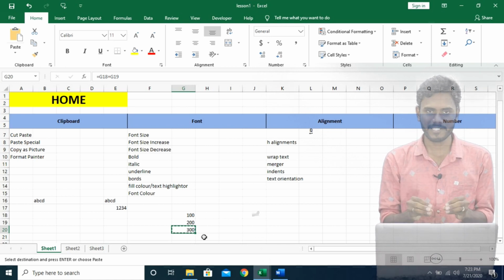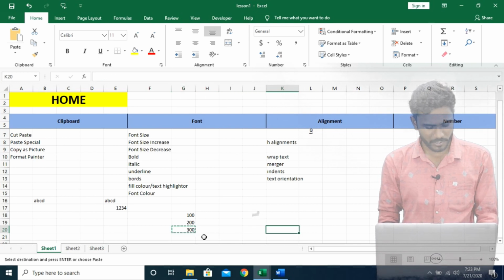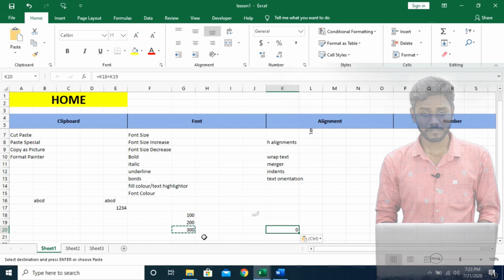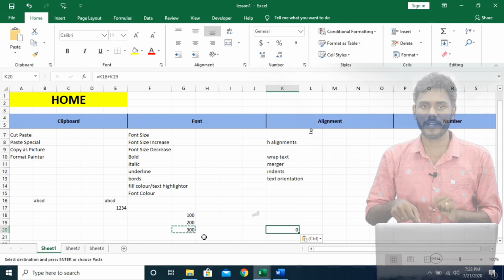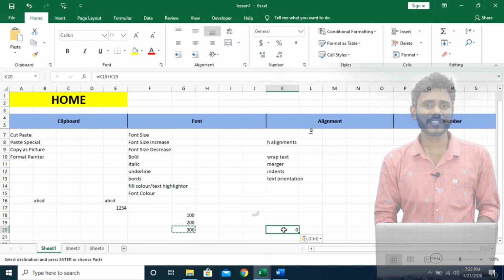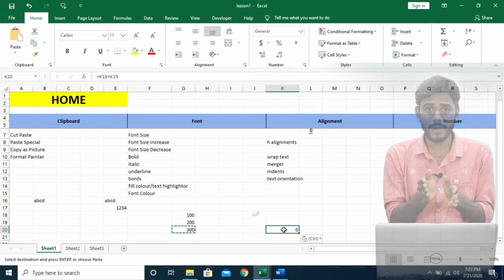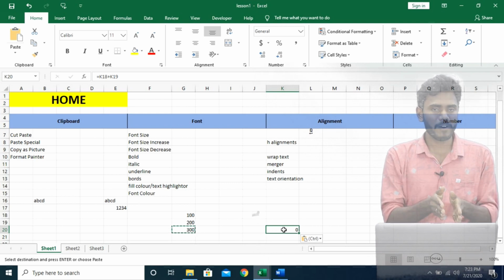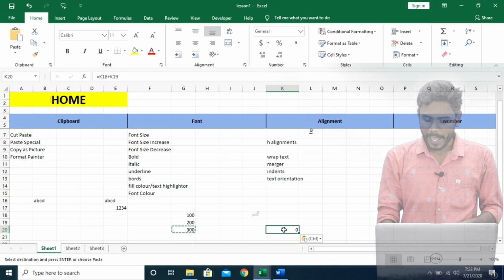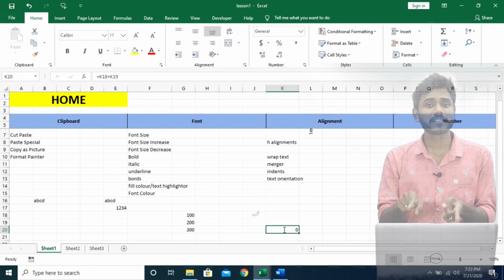In these particular cases, we need to use paste special. If you press Ctrl plus V directly, the system is going to carry the formula. Here the system has automatically changed it. I copied a formula from the G column and pasted the formula in the K column, so the system automatically changed the referenced values from G to K. The formula has moved from G column to K column, but I don't want to repeat the formula. I would like to copy and paste the 300.